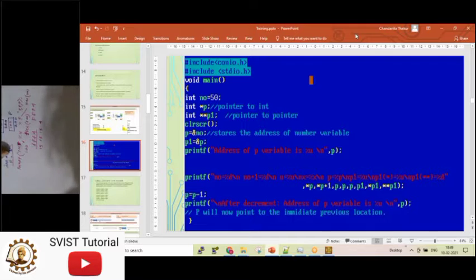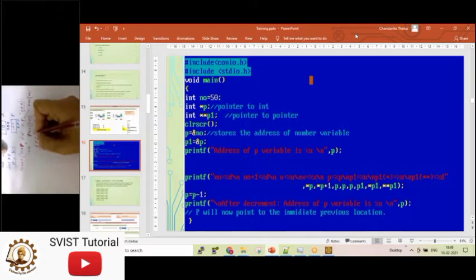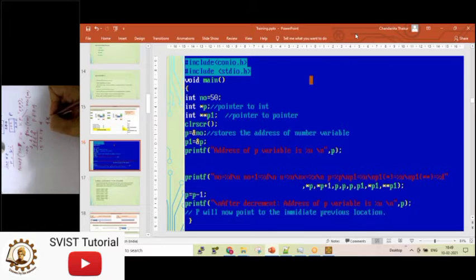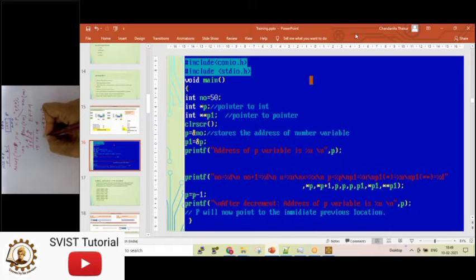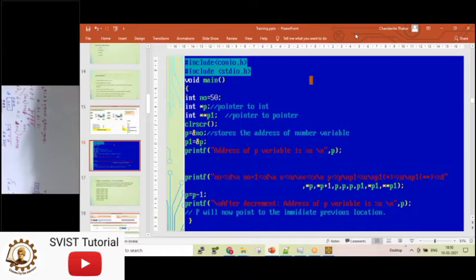To convert this to decimal, the last digit has weight 0, the next has weight 1, then weight 2, and weight 3. So you take 4 into 16 to the power 0, then 15 into 16 to the power 1, plus 15 into 16 to the power 2, then 15 into 16 to the power 3.